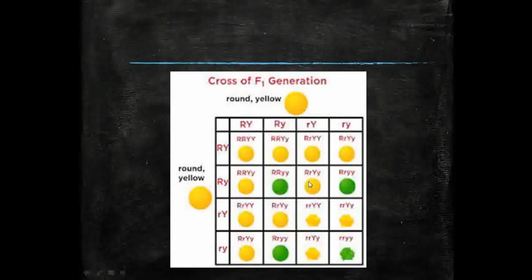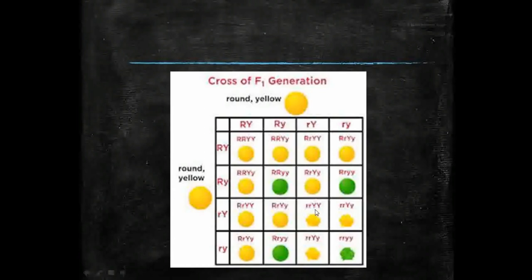Next to that, again a round and yellow colored seed. Another one, the last one, is again the round shaped and green colored seed. This is a round and yellow colored seed, round and yellow colored seed. This is wrinkled, because both are small r, homozygous small r present here, and therefore, as this stands for the wrinkle shape of the seed, it will form the wrinkle shape.